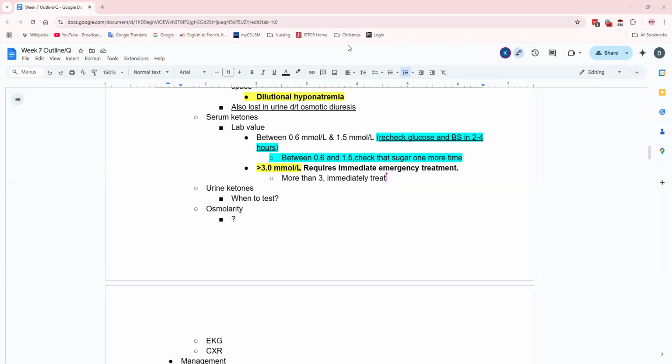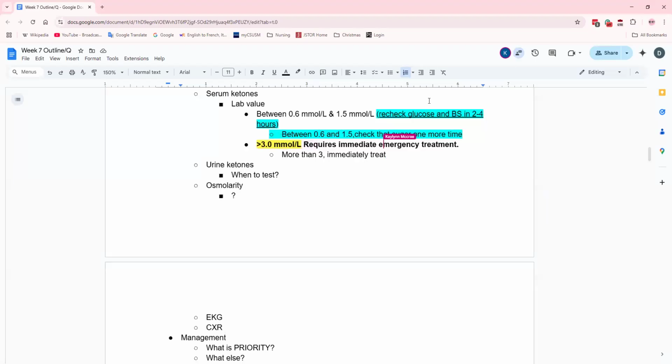Yeah, so urine ketones are also going to be positive. 1.5 to 3 is risk for DKA. So they're gonna be in DKA, and if it's greater than 3.0, then you have to immediately treat them. So yeah, those are just normal values. Apparently Diego doesn't want you to focus on them. You kind of don't have to. But in any case, know when to test urine ketones for your type 1 diabetic. So when do you test for urine ketones? I mean, obviously if they're in the hospital, but beyond that.